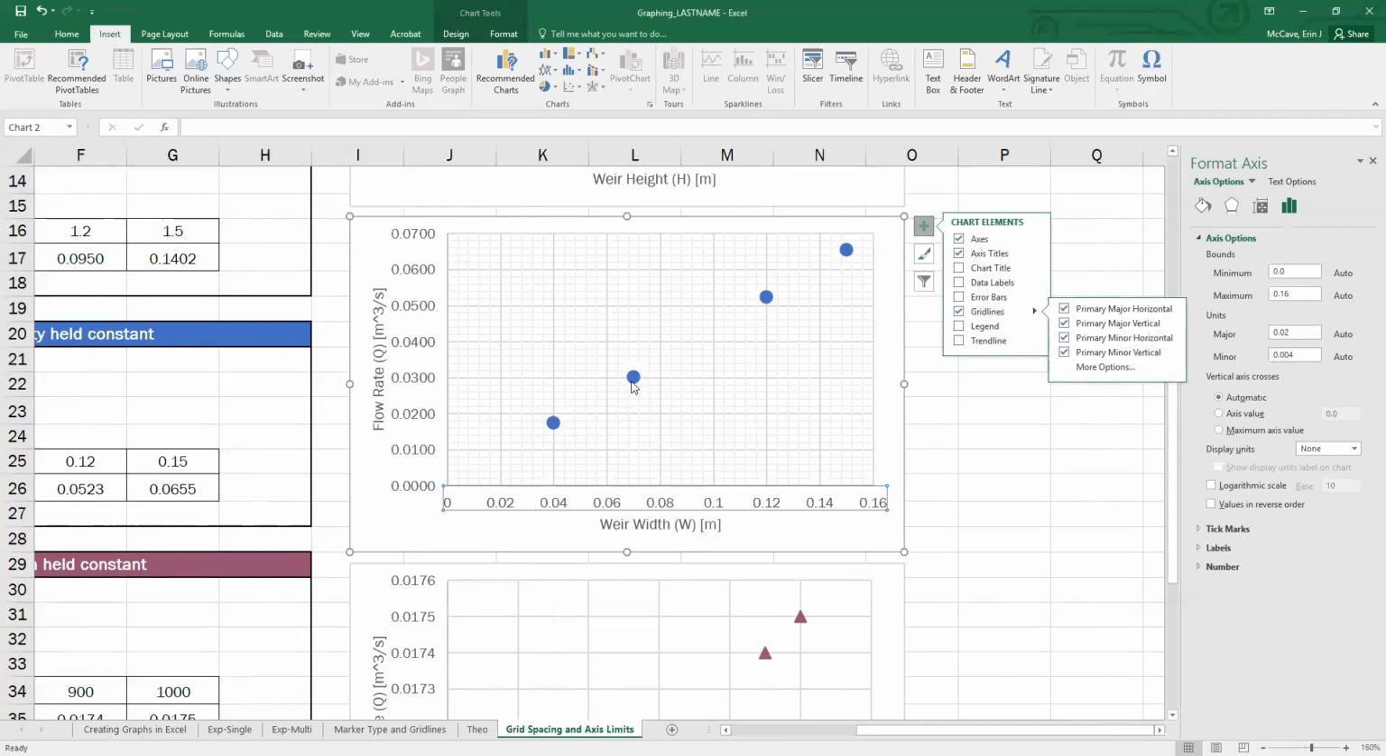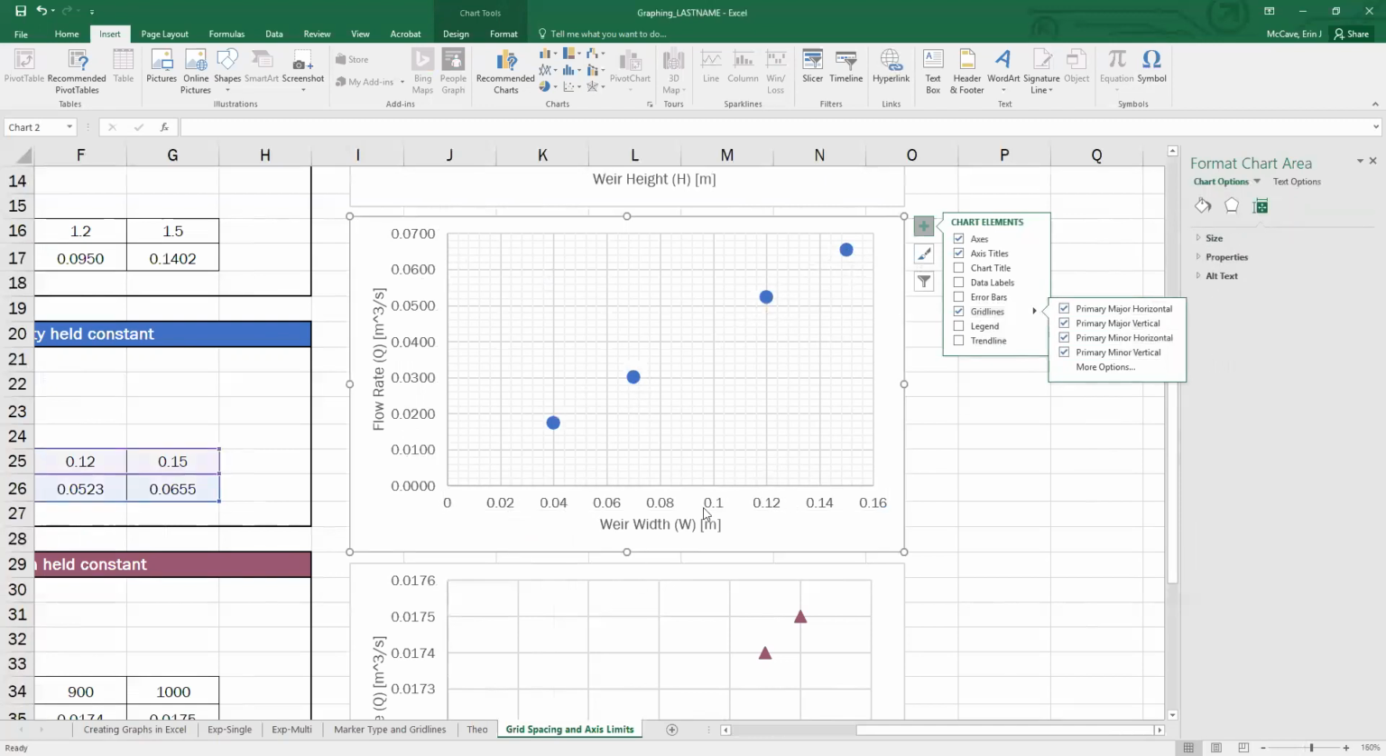And so we're seeing that our data points aren't necessarily fitting exactly between 2 of our minor grid lines, so we need to adjust our axes to better interpret our data. So let's go ahead and start with our abscissa, or our horizontal bounds. So I'm going to click on my axis here,